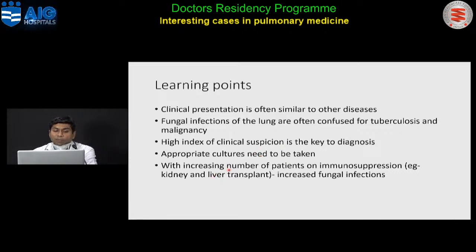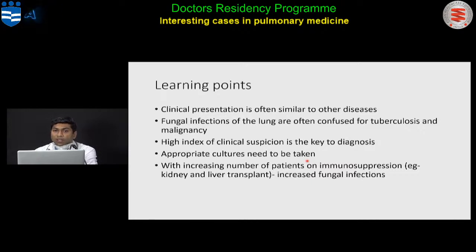With the increasing number of patients on immunosuppression, especially because of kidney transplant, liver transplant, some of these patients are on cancer chemotherapy, some of them are post bone marrow transplant. There are a lot of reasons why these patients might be immunosuppressed, like autoimmune conditions like SLE, systemic inflammatory conditions, autoimmune disease. All these patients are on steroids or alternative immunosuppression, mycophenolate, azathioprine. All these conditions may predispose the patients to risk of fungal infections.